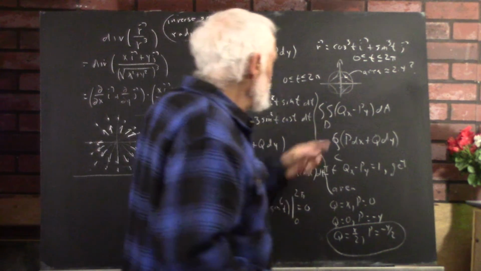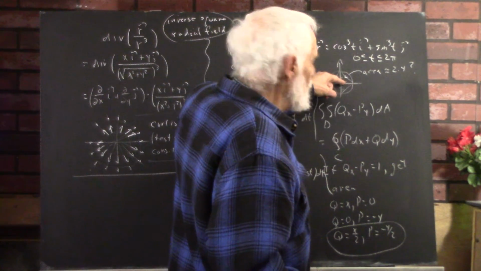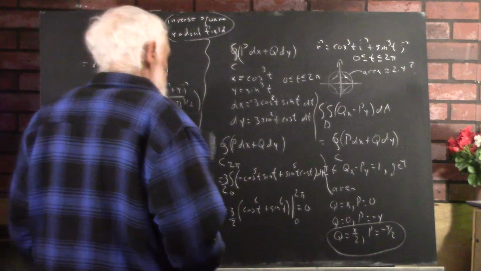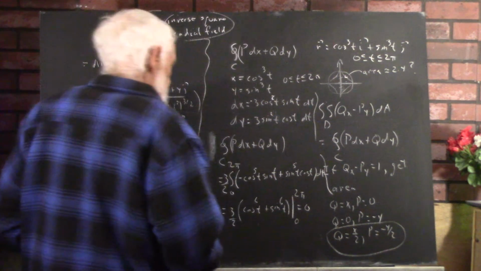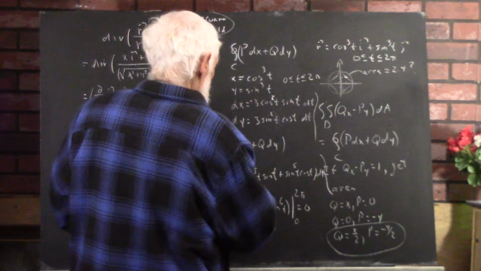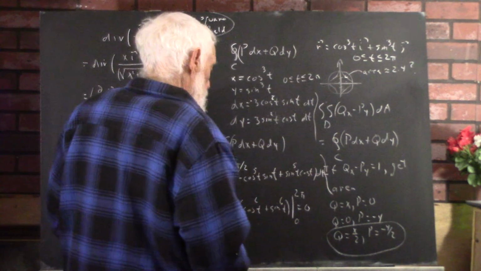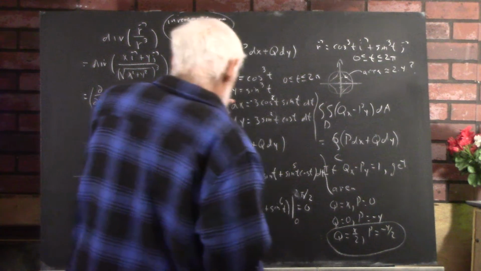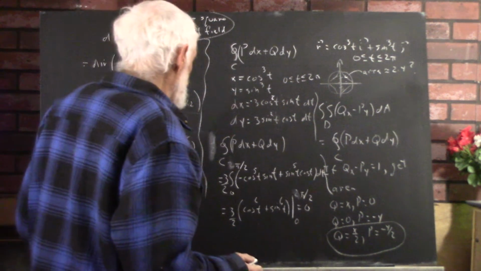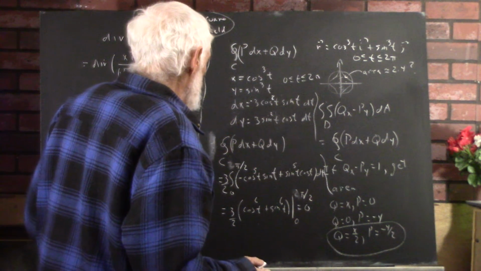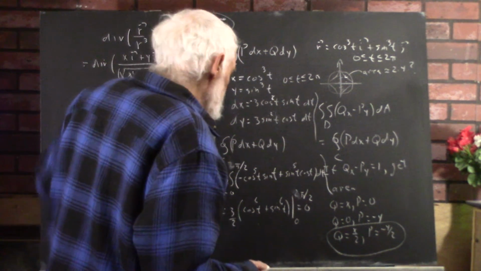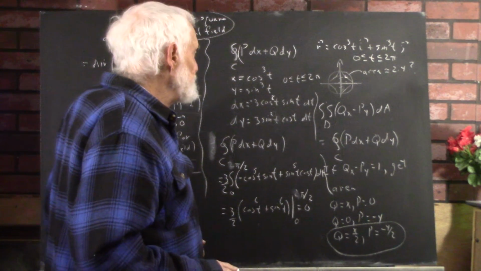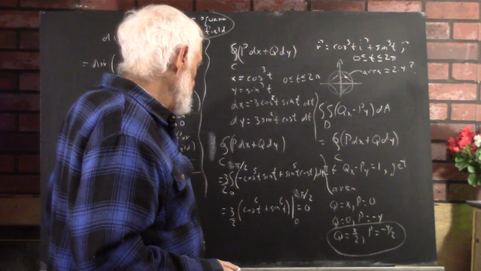If we integrate this over just one quadrant, then the integral would go to pi over 2. We'd have this, but of course there are 4 quadrants. If we have 4 quadrants, then we see that we have now